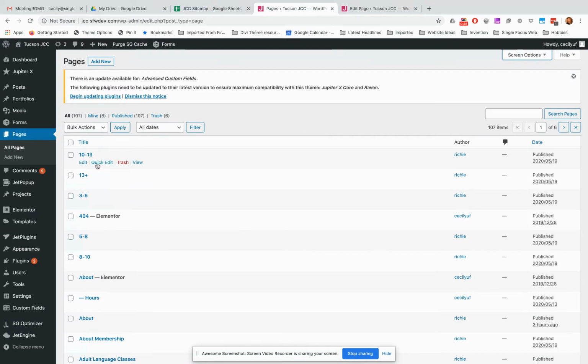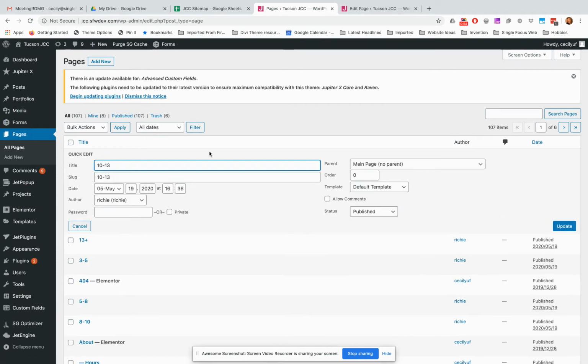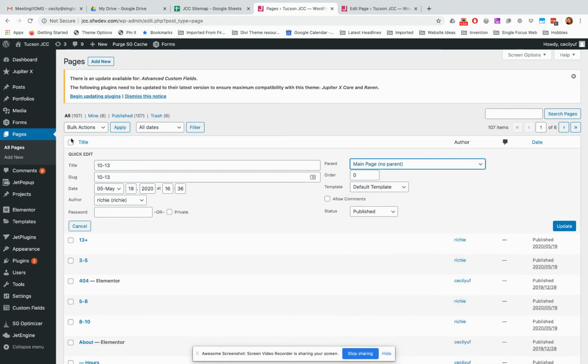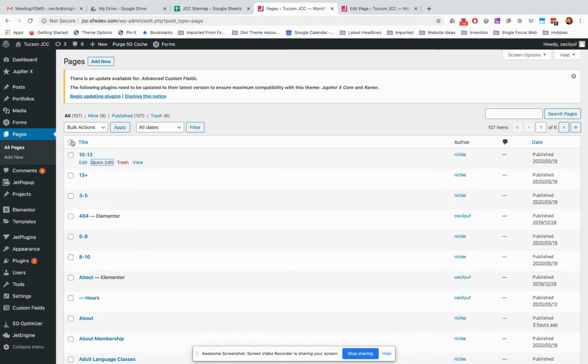So you can do this little quick edit. This is the pages list over here, a list of all the pages I've made. If you do quick edit, one of the options here is the page parent. I'm sorry, I keep saying that the wrong way. The page parent. And so you can choose it here as well. And you can even do, cancel that. I think you could do,